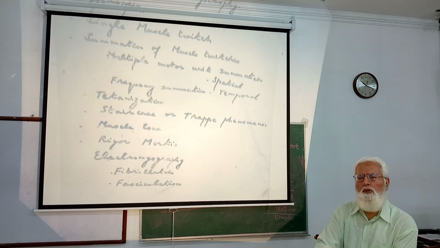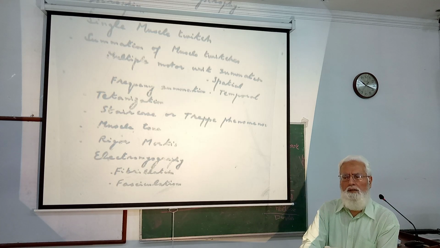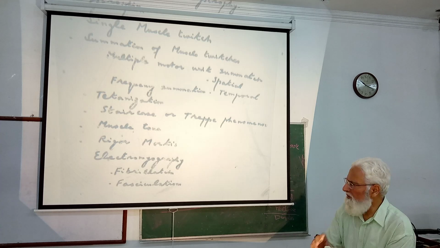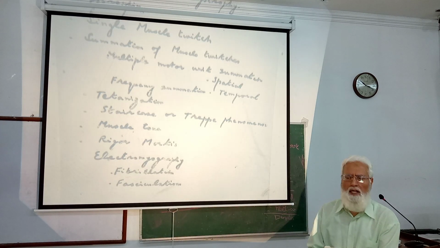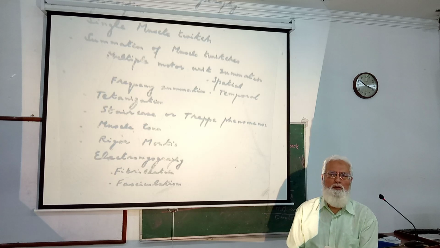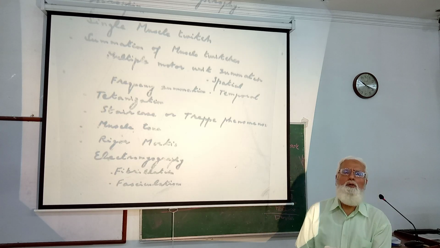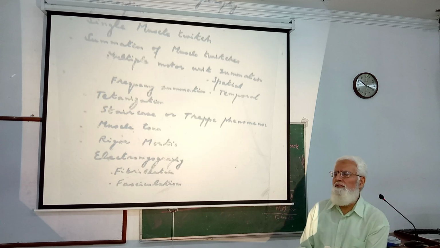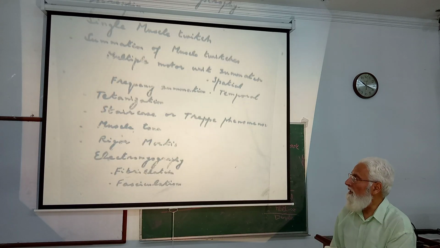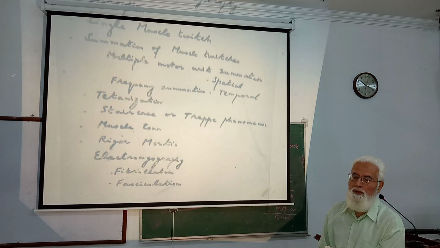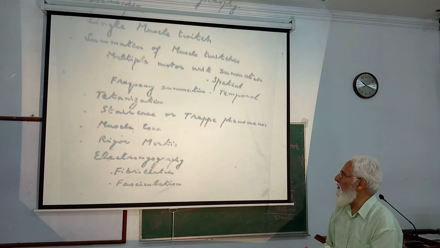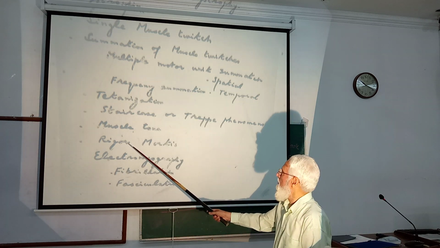Muscle tone is controlled by a center in the upper brainstem that is called the bulboreticular facilitatory area. So the bulboreticular facilitatory area is present in the upper brainstem and it controls the muscle tone mechanism. So this was about muscle tone. Next is rigor mortis.